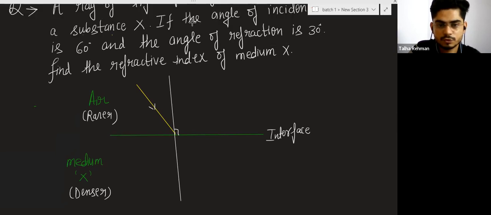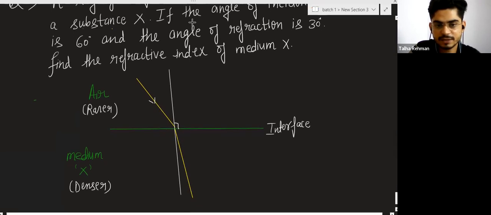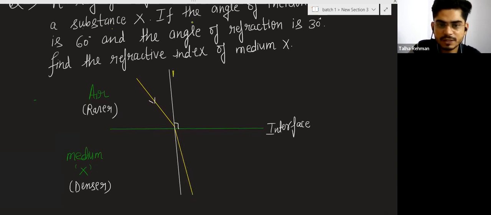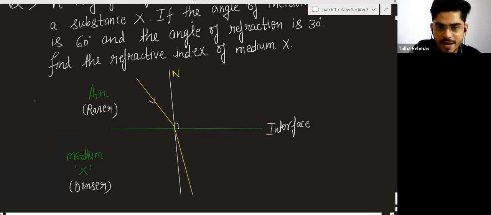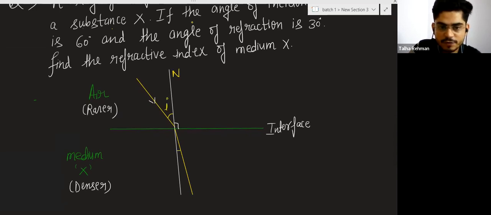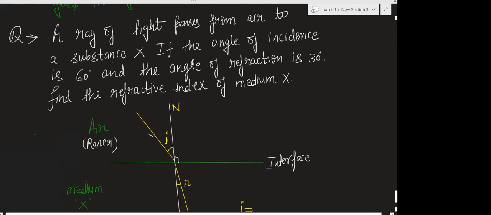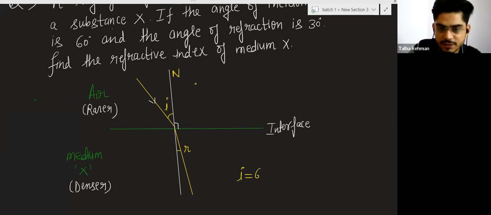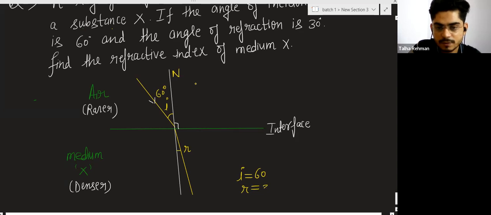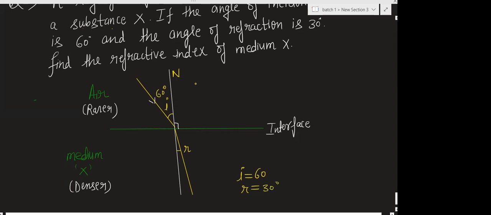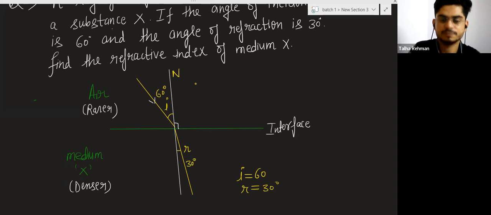Okay. So reflection will take place like this. Bend towards the normal. This is the normal. N is for normal. And this angle of incidence I, angle of reflection R. What is angle of incidence given? Sarah? 60°. Very good. This angle is 60°, and angle of R means reflection, 30. Means this angle is 30°. You can write here also.